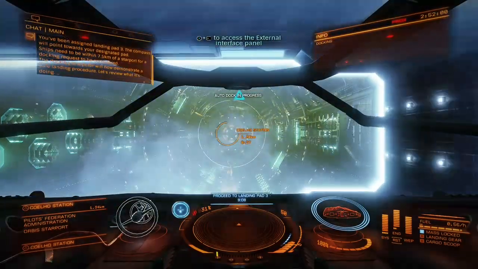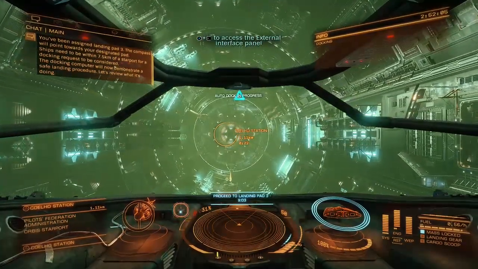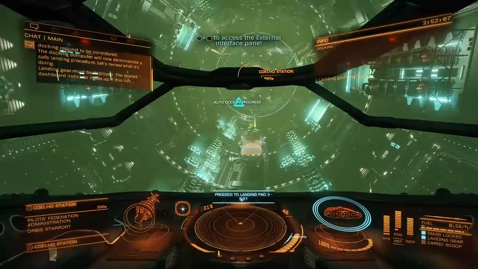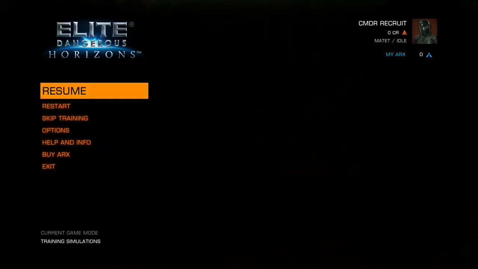It will now demonstrate a safe landing procedure. Let's review what it's doing. Landing gear must be deployed. The related dashboard indicator lights up if this has been...